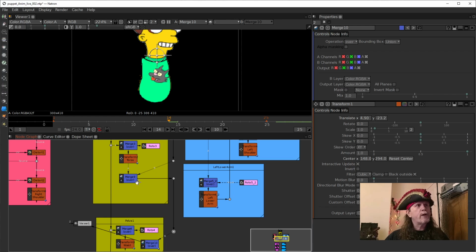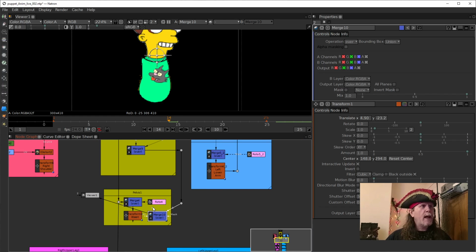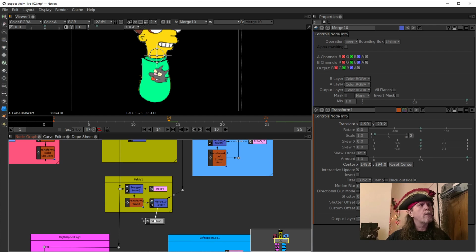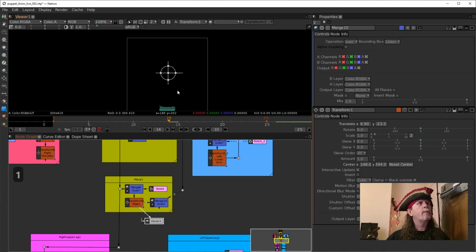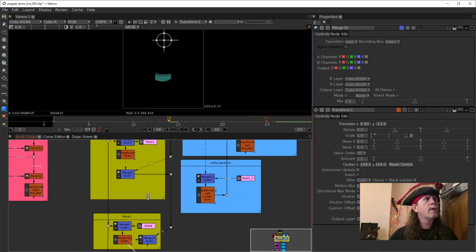Again, the whole reason we're doing this is so that we don't overlap the nodes and how they connect, and we have an easy to follow flow. We can see the flow comes out, the arrow goes over here, down here, and then it comes in the B. And then the A from this is going to go into the transform for the waist. And why are we not seeing the waist? All right, let's take a look-see here. Our waist is down there. All right, we need to obviously set our waist to be about at the same point as the torso. Now,